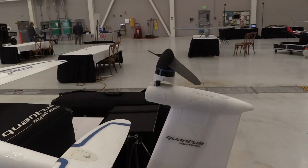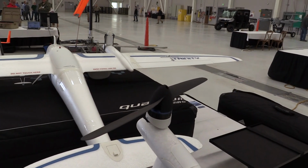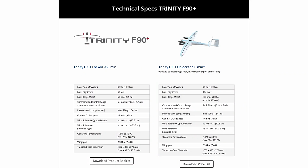All right, and I had a chance to pick it up outside earlier. It's a pretty light aircraft. Yeah, the Trinity is just under 10 pounds. And then how long can it fly for, and what sort of missions are you using it for? So the latest Trinity, the Trinity F90, can fly for about 90 minutes or over 90 minutes, and you can